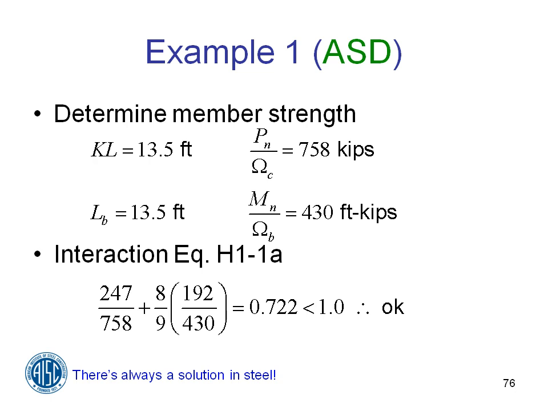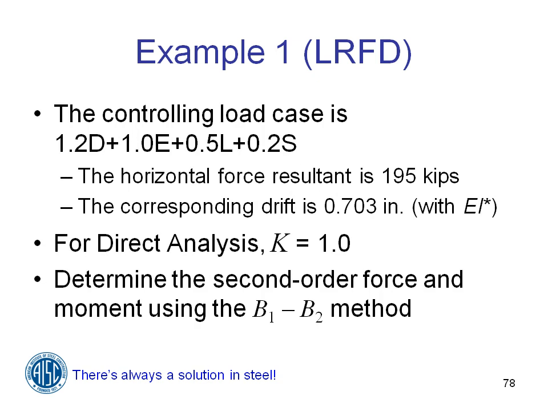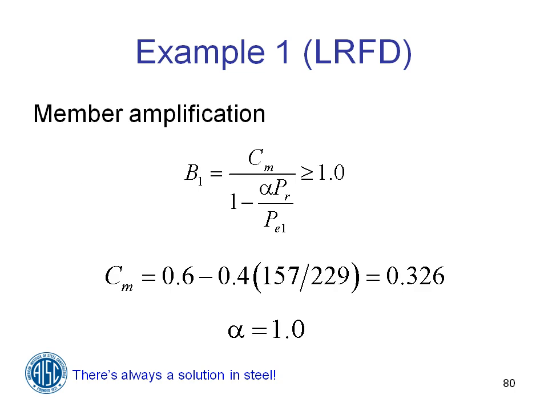If we do that same problem in LRFD, I'm not going to go through all of it. In fact, I'm going to skip ahead. Certainly there is a different load combination, but we have a different horizontal force, 195 kips, and it gives us a different horizontal displacement. We use the same decision in terms of how we divide up our LT and NT information. When we get to our amplification for member effect, you see C sub m is a little different, but